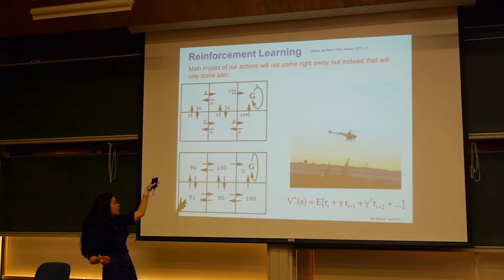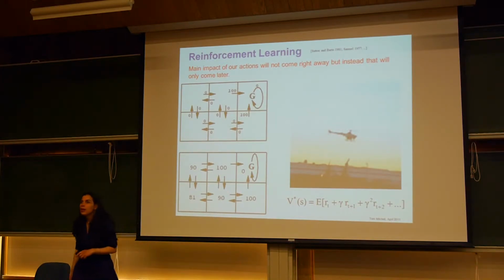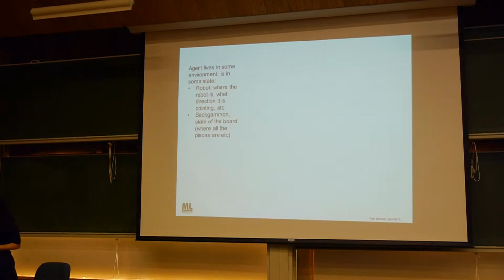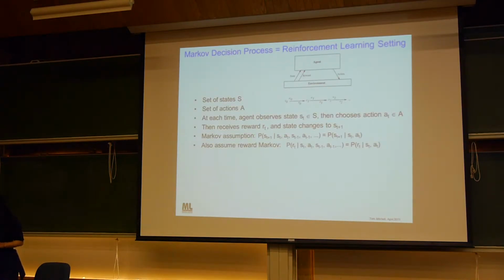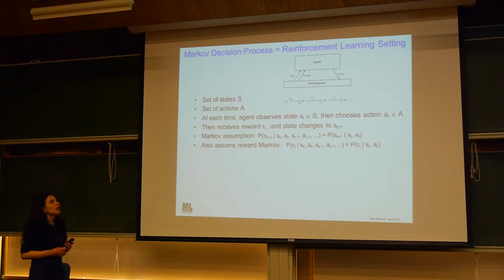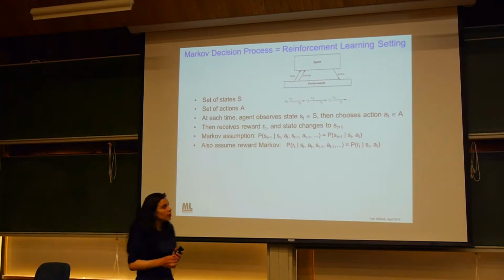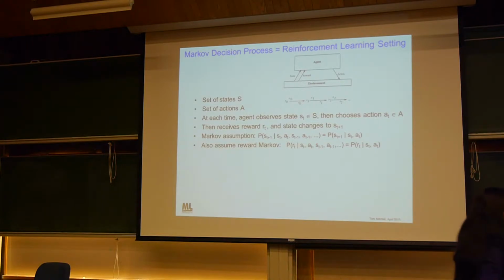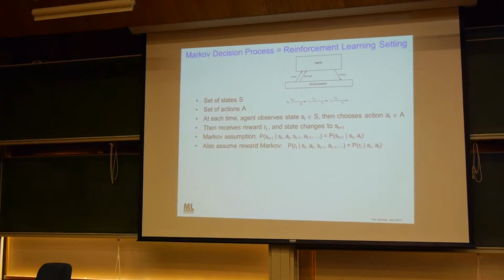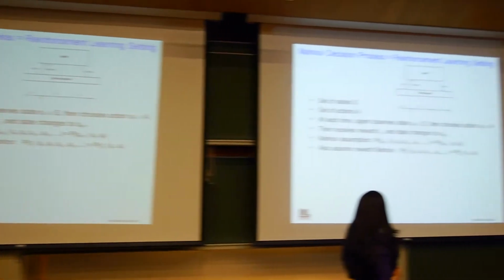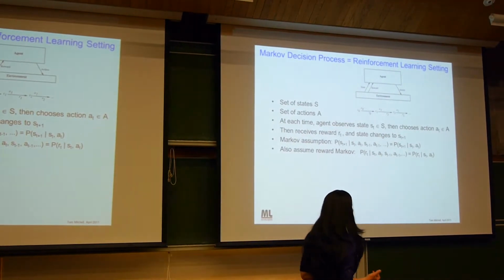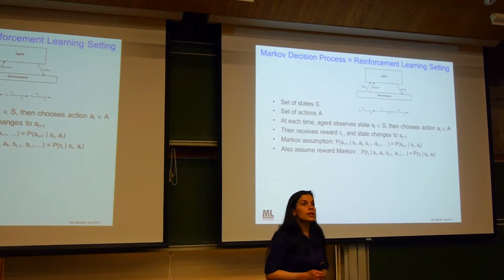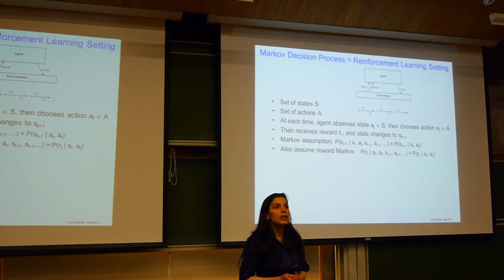So for example, in this example, it would be move up, move down, move to the left, move to the right, and so on. So 4 actions possible, right? So we have a set of states, we have a set of possible actions, and at each time, the agent observes the state it is in, and it then chooses a certain action, as we mentioned. And then it receives a certain reward, immediate reward, and it changes state to a new